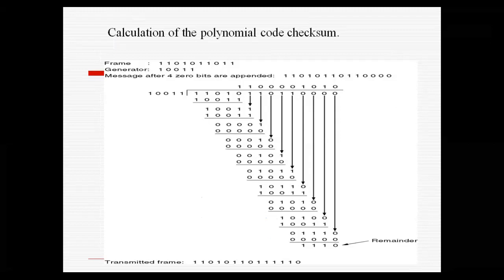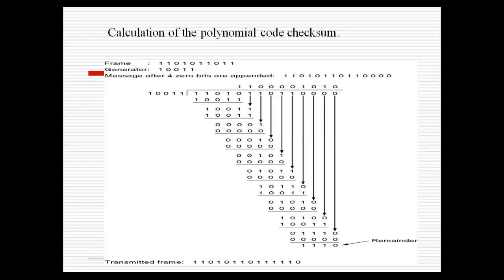Now this example is taken from Forouzan's computer network book. So our data frame is 110010 and the generator, that is nothing but the CRC divisor, is given as 10011. So now there is no need to convert it into a polynomial. Total bits in the generator, or divisor, are 1 2 3 4 5. So in the frame we will add 5 minus 1, so 1 2 3 4 zeros.